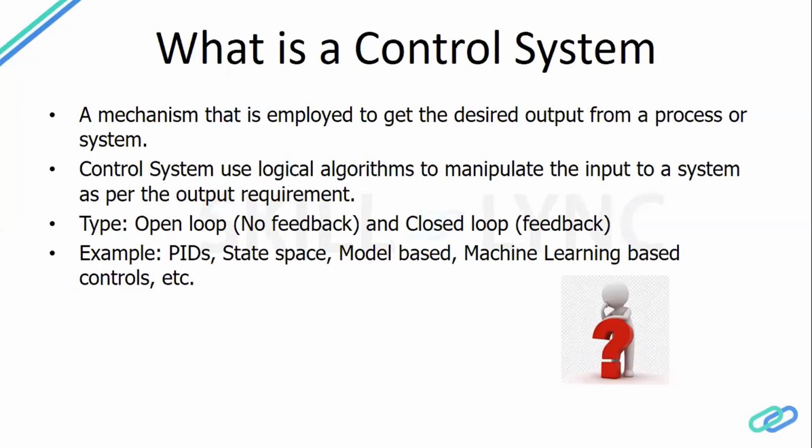Some of the examples which are widely used in the automotive industry as well as other industries are the proportional, integral, and derivative controller, which is our PID. Then we have state space controllers, model based controllers, which can use any algorithm depending on your model, and then machine learning based controllers, which can be classification, regression based, or even decision tree models. If you are not aware of these terms like PID and state space, don't worry. It's just a way of designing a controller using the system model or without a system model. It's just control system jargon right now if you are not aware of it.